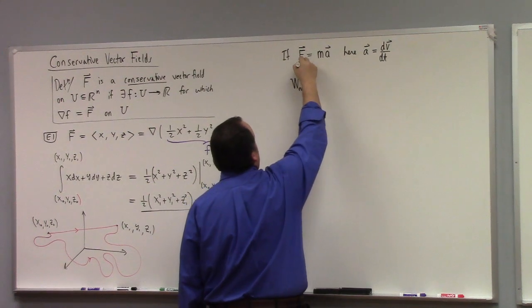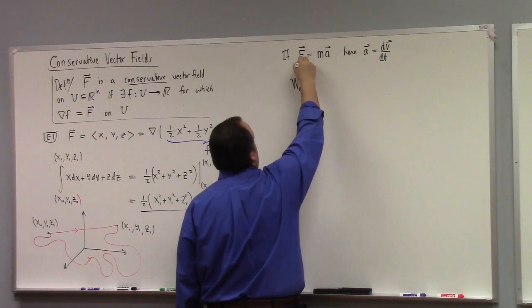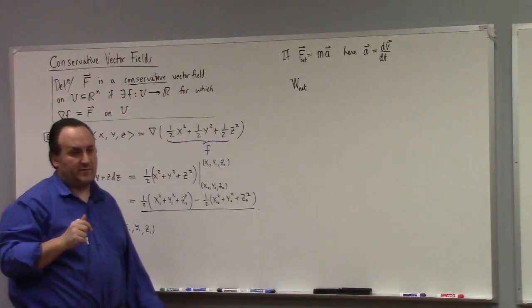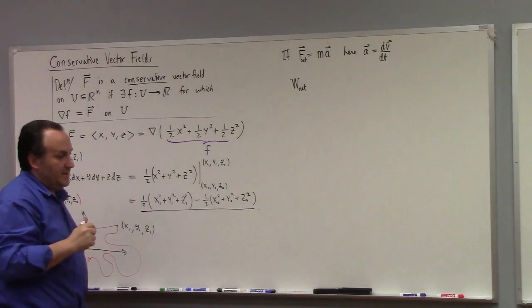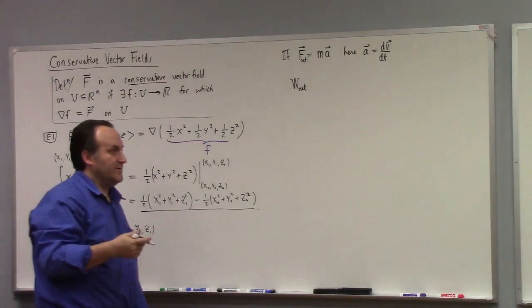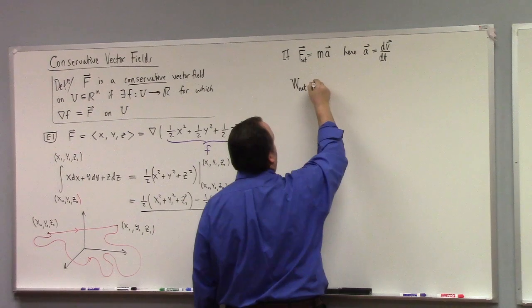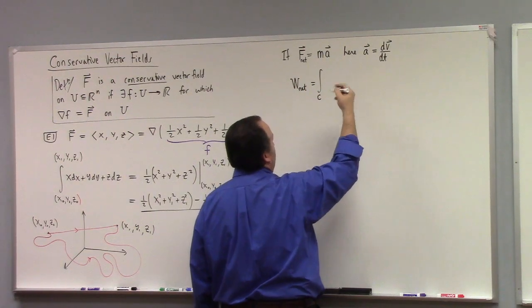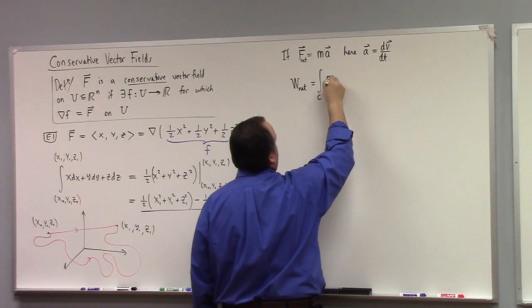See, this would be the net force. If we say F is equal to ma, then that makes that the quote-unquote net force, right? The total force acting on the mass. And if we calculate the work done along the equations of motion, so if we integrate along, let's say, C, where C is the solution of Newton's equations, calculate the work done